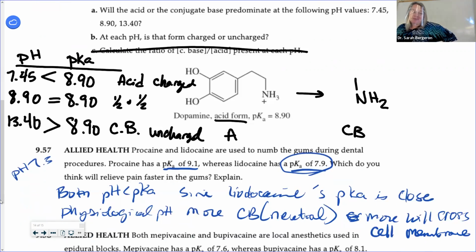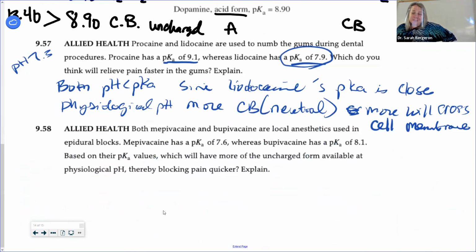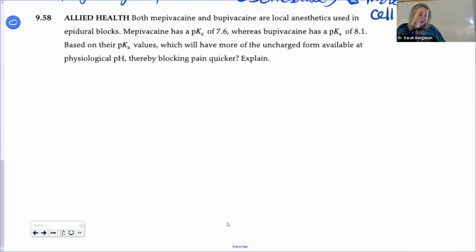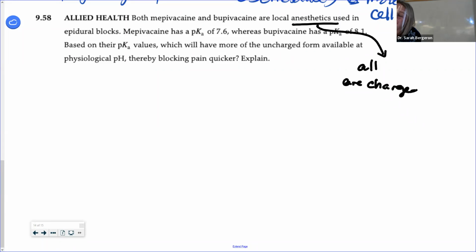I'll add it. Okay. So now we're going to talk about another drug type. Another drug type are anesthetics. So all anesthetics, when we talk about them in general, right? This drug type is all anesthetics are charged in the acid form, right? And the reason that they're charged is they have that amine group, right? So if you have 4 different things attached to it, you're positively charged. So this nitrogen has 4 different things, one of them being a hydrogen.